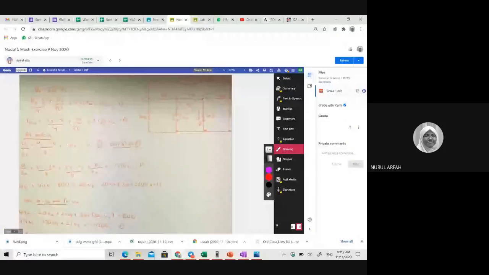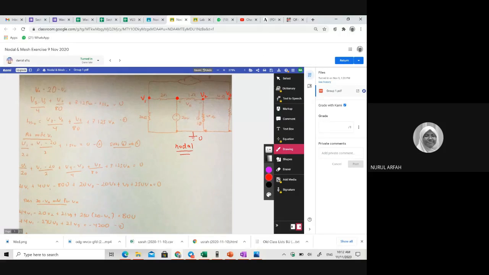So if the question asks you to use Nodal, first I will look at your reference point here. And Daniel, there's no reference point here. You should put the reference point first. And then what is the node at this part? The node point here. Any value? Here Daniel put V1, okay. And then here V2,